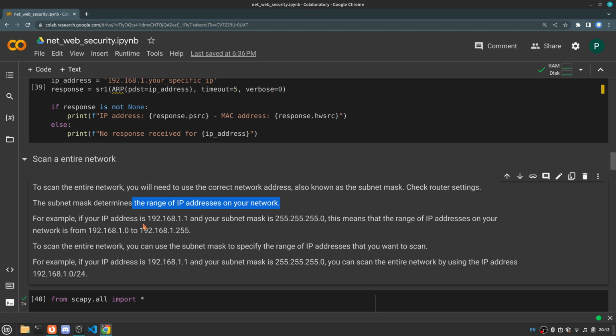So, for example, if your IP address in the US is 192.168.1.1 and your subnet mask is set to 255.255.255.0, you have the possible range of IP addresses from 192.168.1.0 to 192.168.1.255. So to scan your entire network, you need to check all the way from 192.168.1.0 to 192.168.1.255. So in order to do that within Scapy, what you can do is set up basically this